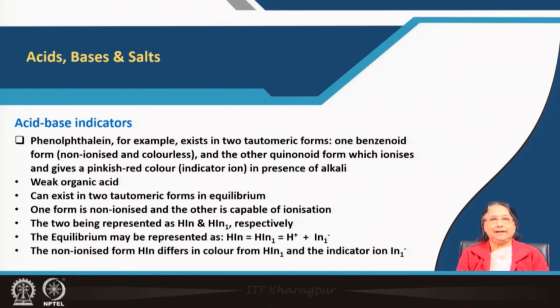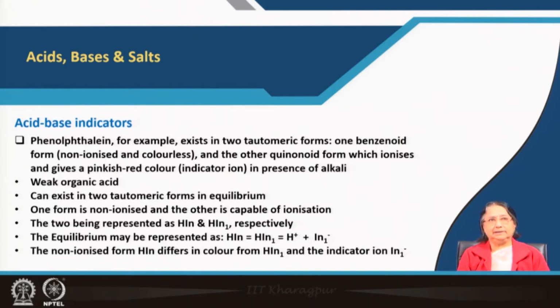For example, there are acid base indicators which we use for acid base titrations. There are some metal ion indicators which we use for metal ion determination, for example, hardness determination. There are some redox indicators which we use for redox titrations, and there are some adsorption indicators also which we